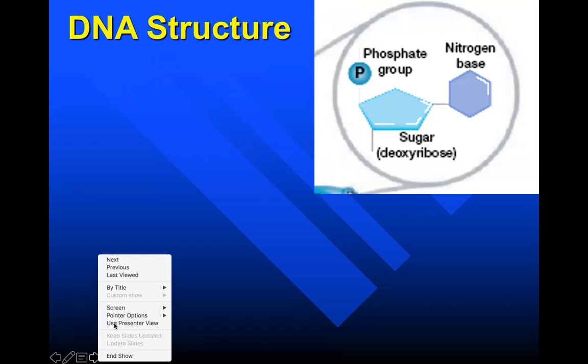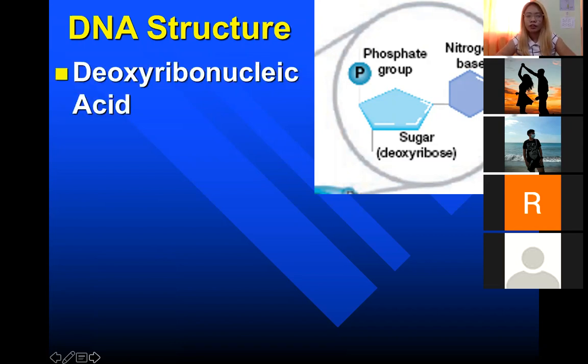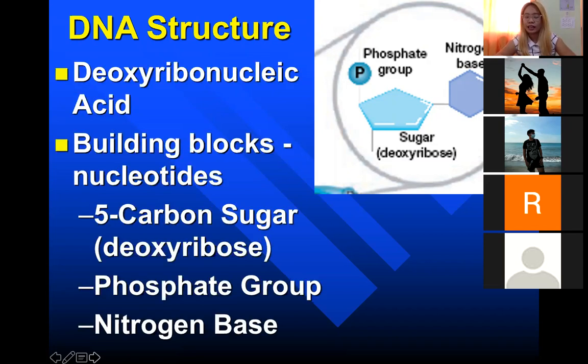Okay, so let's continue. This one is a review basically of what we learned last week. So the structure of the nucleic acid DNA, sasabi natin, DNA stands for deoxyribonucleic acid. So coming from the word, meron siyang deoxyribose, which is a sugar. And then this sugar is attached to a phosphate group. And this sugar and phosphate, it acts as the backbone of the DNA. And then in the middle, there are nitrogenous bases. The nitrogenous bases are divided into two. We have the pyrimidines, and we have the purines.